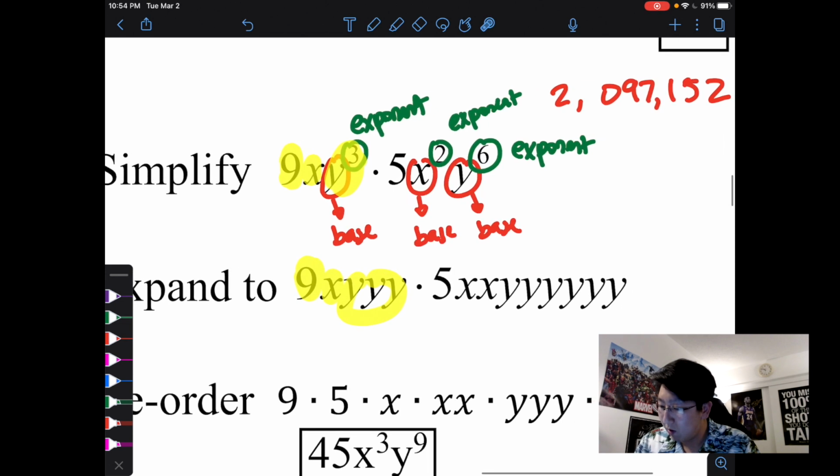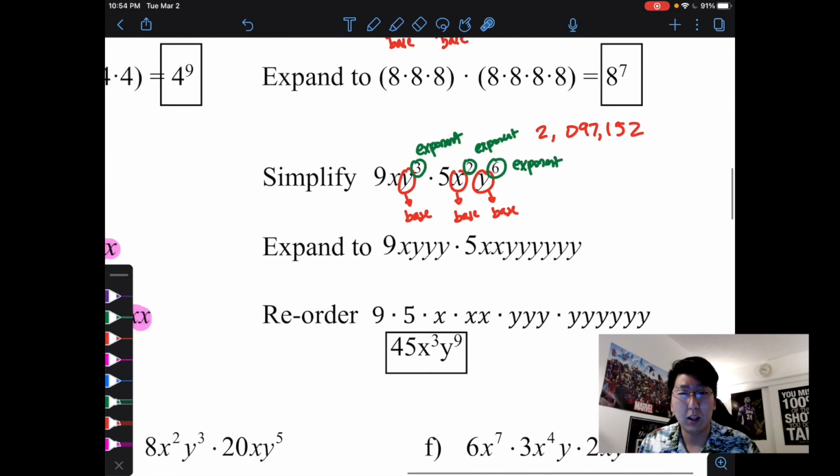9x y to the 3rd, y times y, times 5 times x times x times y times y times y times y times y times y. So all I did here was I expanded. Okay, I expanded. Now the next thing I'm going to do